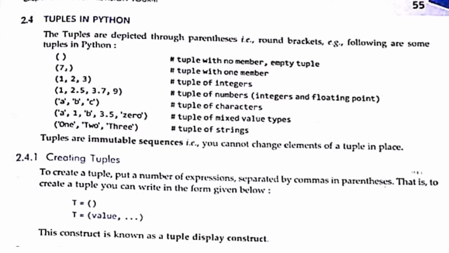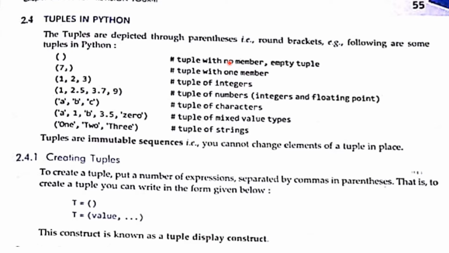So here are the examples of tuples. It is the same as we discussed in lists, so we will not give more time on this, but we will see here that the difference is parentheses and square brackets. In the list we used square brackets, and here we are using parentheses. So here a tuple is created without any value.